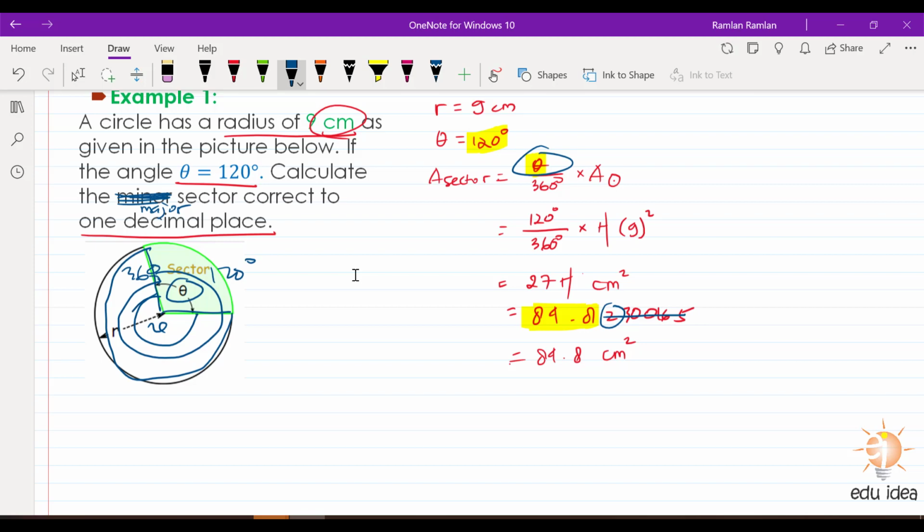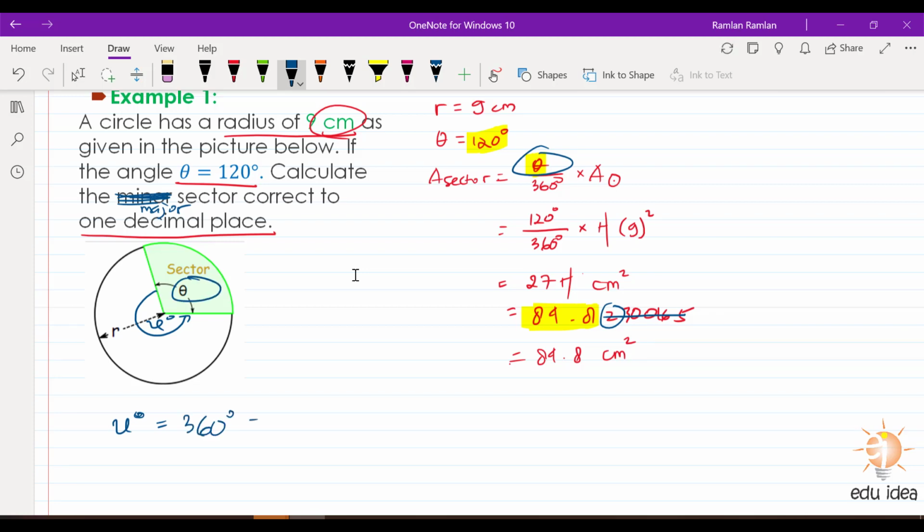So the x degrees here is just 360 minus 120. The angle x is just 360 degrees minus theta. In here, theta is 120, so minus 120 degrees, and that equals 240